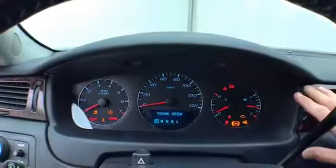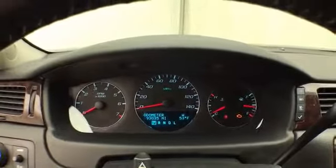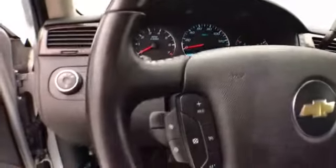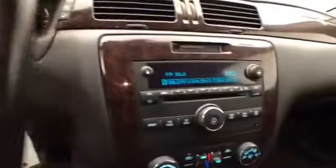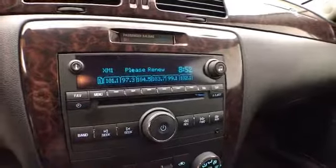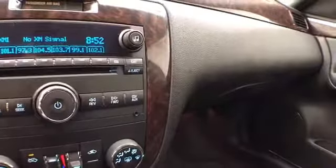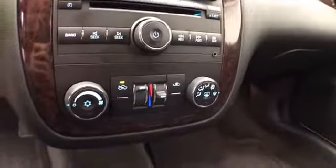large easy to read gauges, temperature and compass display in the dash, cruise control, steering wheel mounted audio controls, easy to operate radio and CD player. It's also satellite radio capable. Auxiliary input allows you to connect mobile media devices like iPods, MP3 players, smartphones, dual zone temperature control,